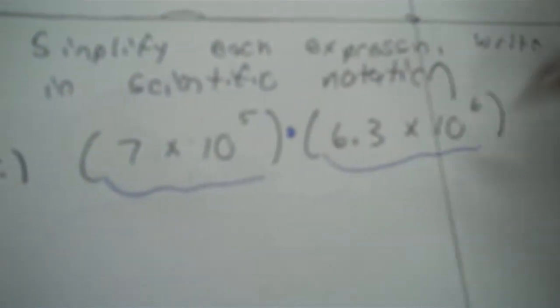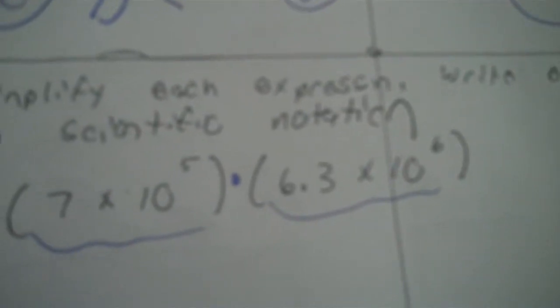Variable. Okay, scientific notation. Remember, these are two separate numbers, here and here. You need to multiply them correctly. You take your two standard numbers, 7 times 6.3, and then you multiply your base 10s. You're splitting up the multiplication. So you take the 7 times the 6.3, that's 44.1,